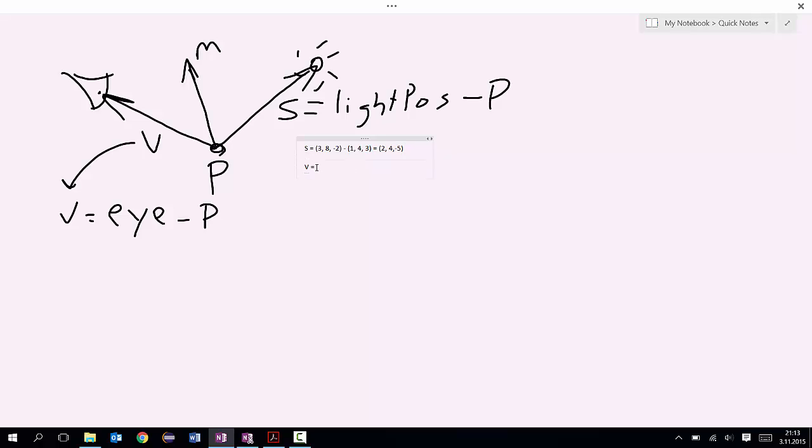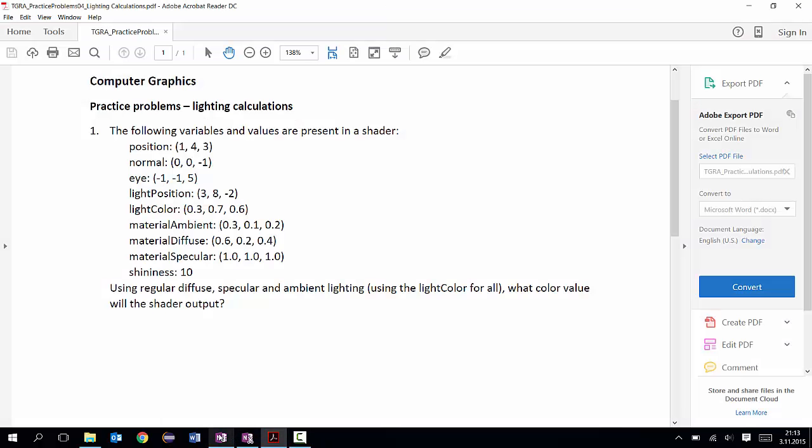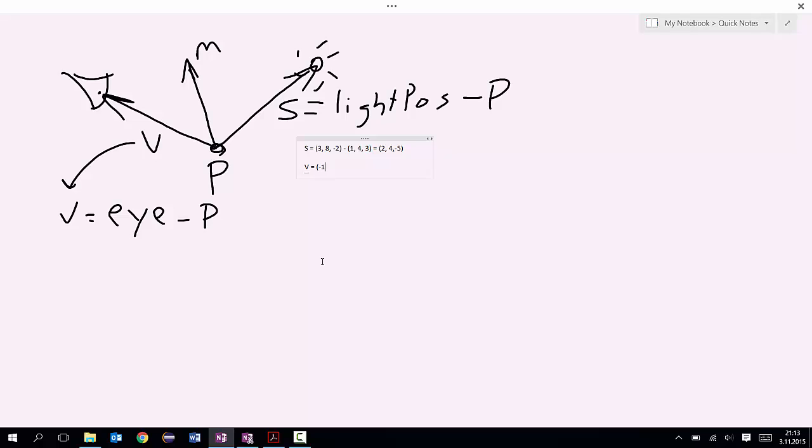V equals the eye, minus 1, minus 1, 5, minus 1, 4, 3, which equals minus 1, minus 1, that's minus 2, minus 5, 2. Okay, so here we have the vectors S and V,